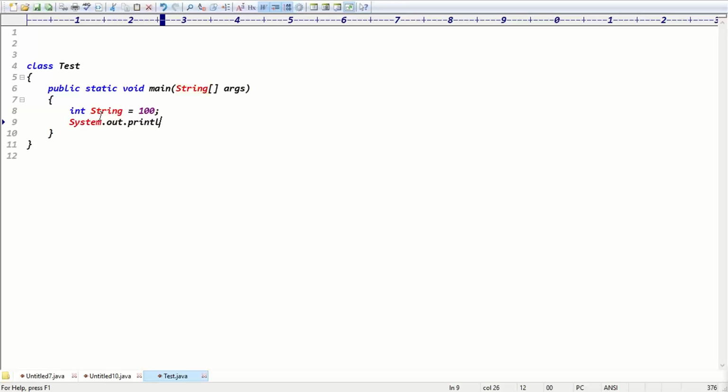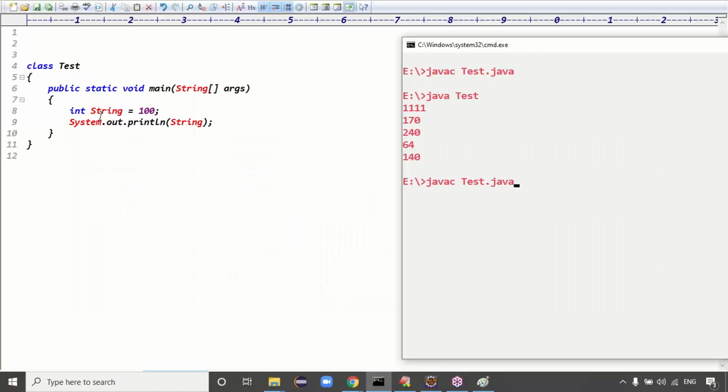Whether it is valid or invalid, we have to run this code once. I'm trying to print the string here. Now we try to compile this code. Definitely the code compiles fine. The class is called TestClass, we got the output also, even 100, right?